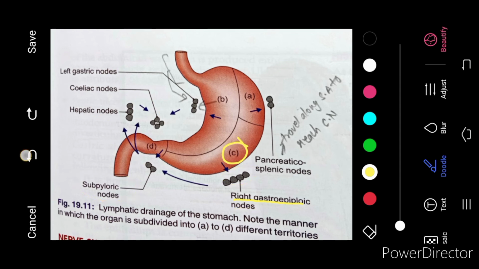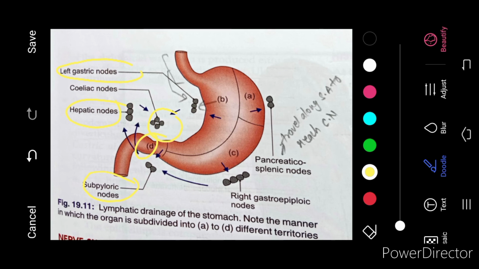Now lastly we'll talk about area D. So the lymph from area D drains into different directions such as pyloric, hepatic and left gastric nodes, and from all the 3 nodes the lymph travels to celiac nodes,